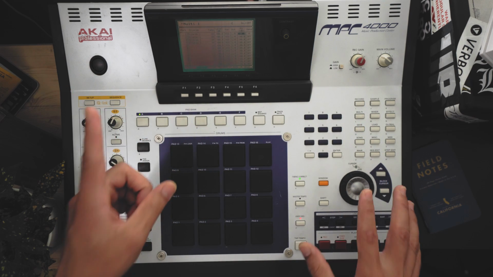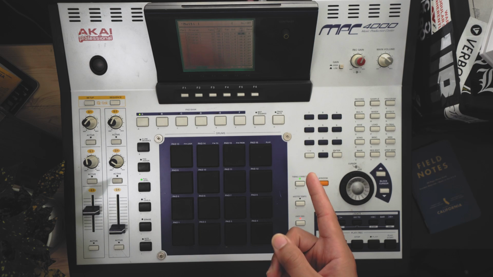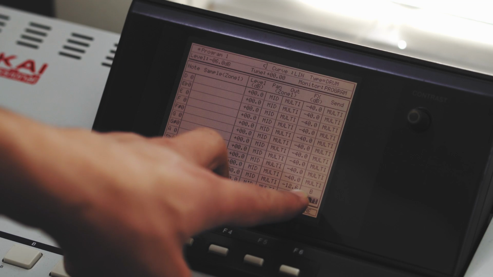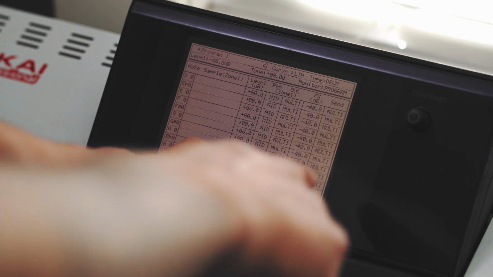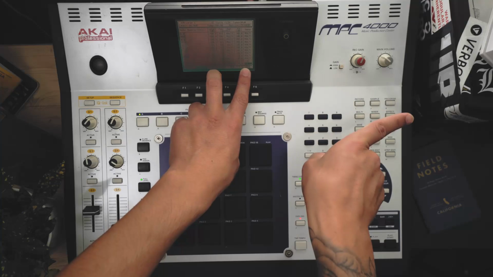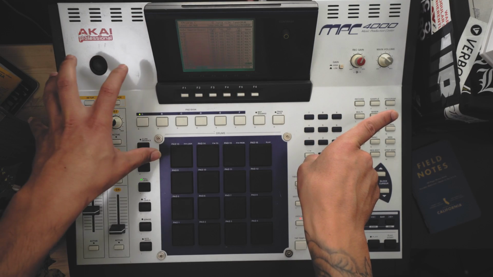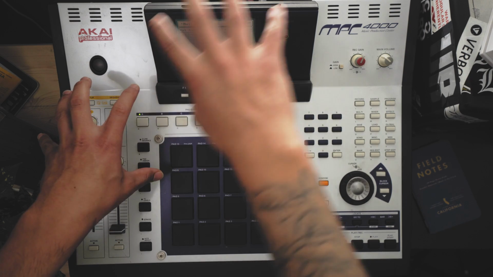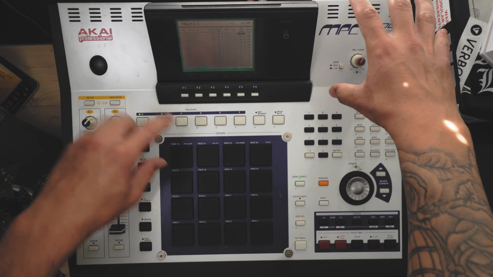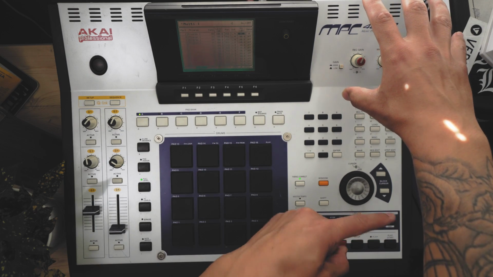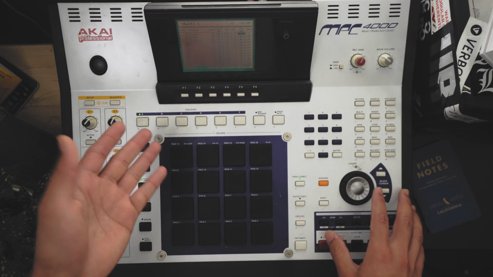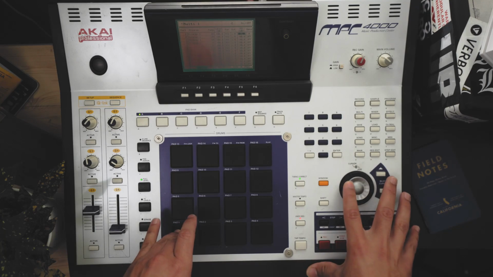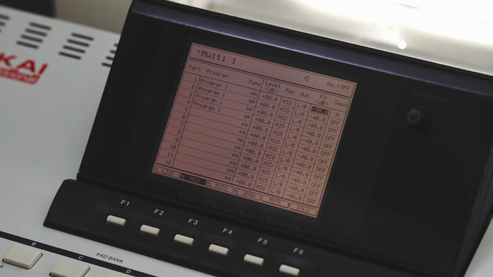But the cool thing is that the clap, which we sent to send B, will be ignored because we rerouted that to go directly to B and everything else to go to the multi. So now on this page, we're taking the multi and we're going to send that to A as a whole, while the clap from here is still going to B. So this is a cool way to kind of separate things and save some time. So with that being said, if I hit this kick and start turning the effects up on the multi mix page,